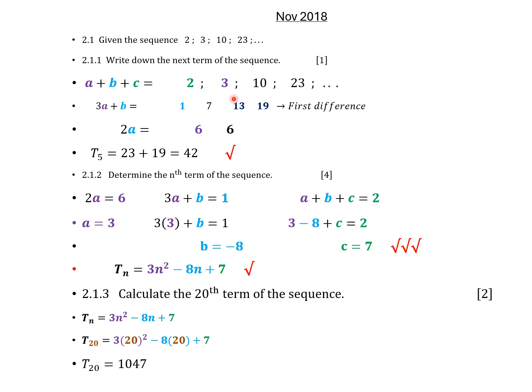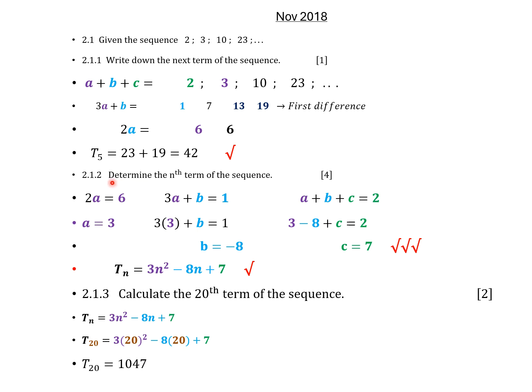So first, if I say 3 minus 2, I get 1. 10 minus 3 gives me 7. 23 minus 10 gives me 13. There is no constant first difference, so I have to subtract a second time. 7 minus 1 gives me 6, 13 minus 7 gives me 6. So if I add 6 to 13, 19, therefore my next term would be 23 plus 19, which gives me 42. This here is called my second difference, 2a, and that is referred to as my first